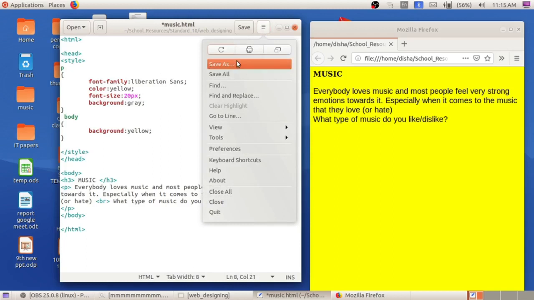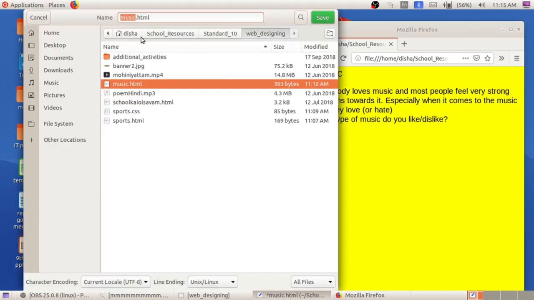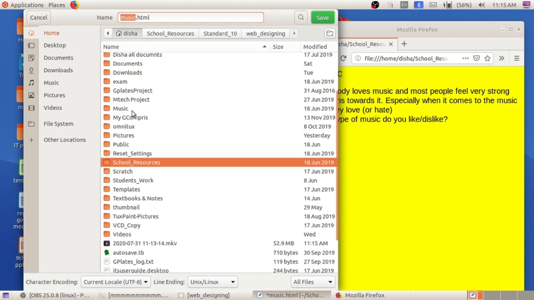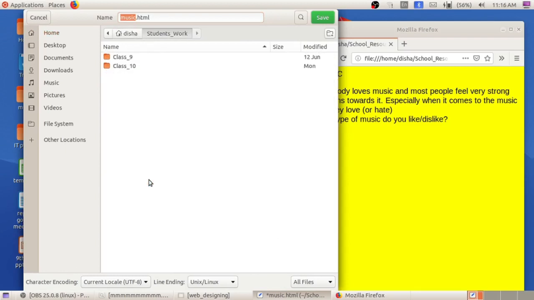And what we have to do? Save as. Okay, whenever you have edited a content in exam document folder, don't click on save button because it is the actual file. So click on save as. Then you can see the main folder home. Here you can find exam document. Now it is not here. So I'm going to save in students work.